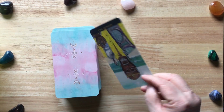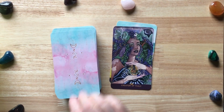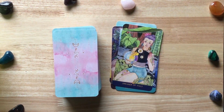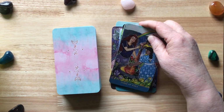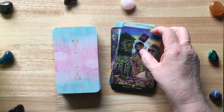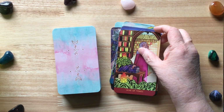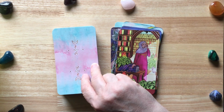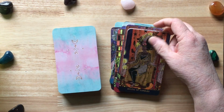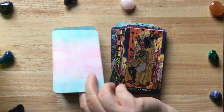I'll be honest here, and I'll just say that the reason why I'm getting rid of this deck is because I've never used it much, actually. It's one of those decks that I decided to get because everyone was having it. It was a case of fear of missing out when it showed up on Kickstarter, I think for the third time. I like the idea behind it. I like the diversity. I like what it stands for. It's just that at the end of the day,